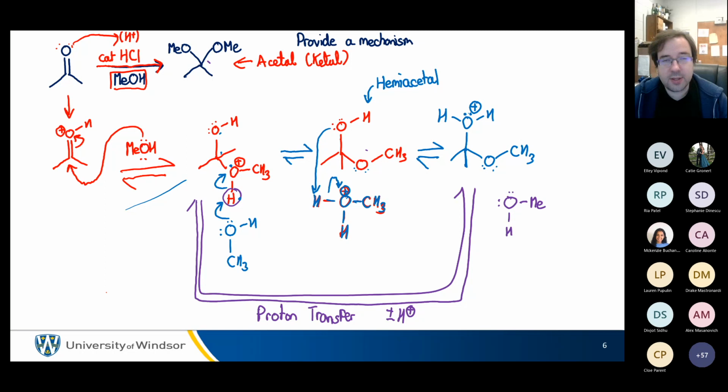And we haven't discussed this a lot, but there's no way I'm going to break this carbon-oxygen bond in methanol. So I'm not going to be able to add a methanol to this oxygen by adding a methyl group. I'm going to need to add methanol as a unit. And since I have a water, I need to get rid of the water. And so the way I do that